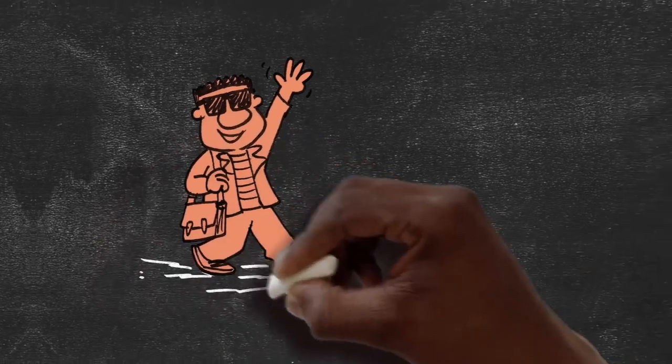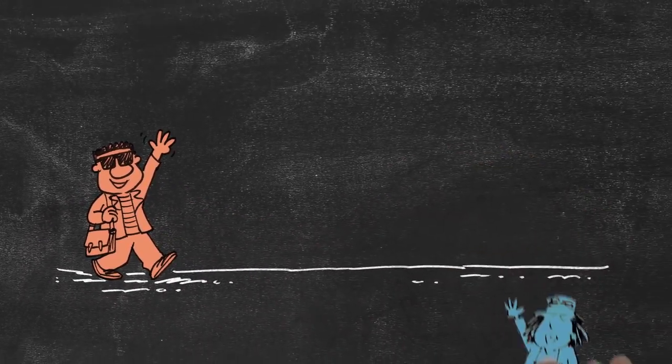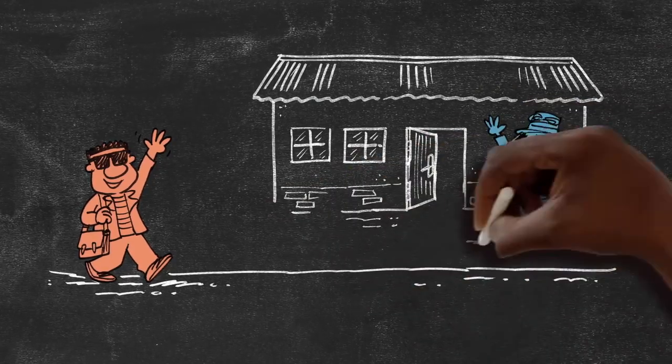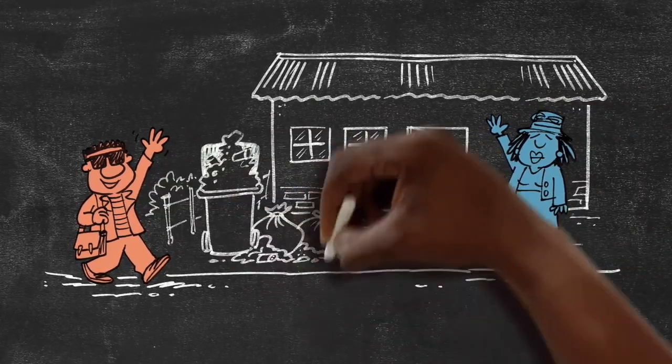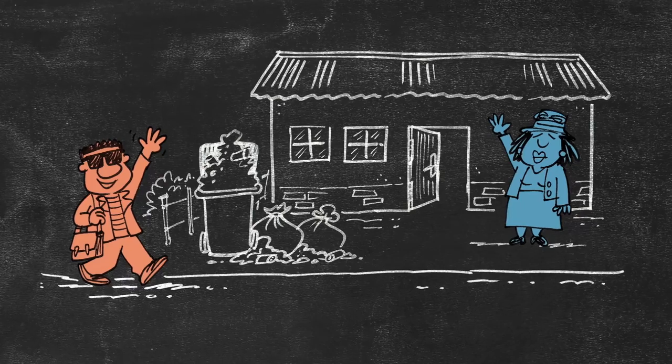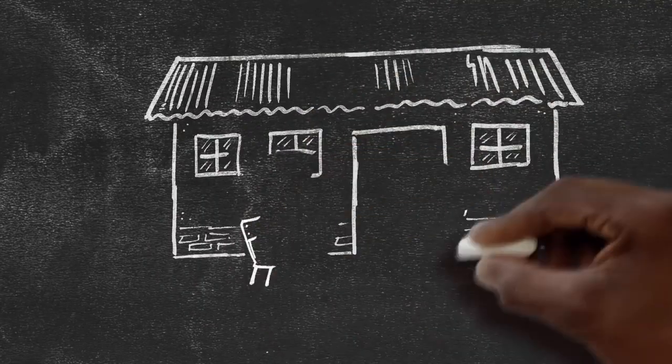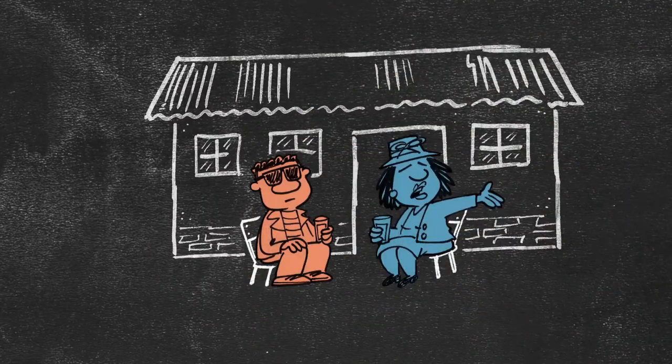When Lutando is not at university, he likes to visit his aunt. On one Sunday, he could see that his aunt was not happy. She was complaining about rubbish lying around on her street. The municipality had not picked it up again. When Lutando looked around, he saw that his aunt was right.